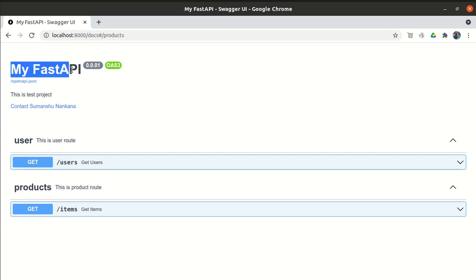By default it is FastAPI, so we saw how to update the application name, the version name, the schema path, all this metadata information, and how to put the routes into tags. So we had a look at everything.